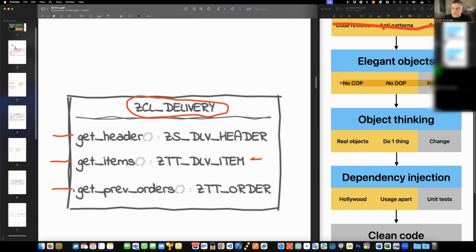However, this no data-oriented programming best practice tells us that data should be treated as an intimate part of the class, and class data should ideally not be publicly available. Instead of asking the class for data, you should tell the class to work for you.